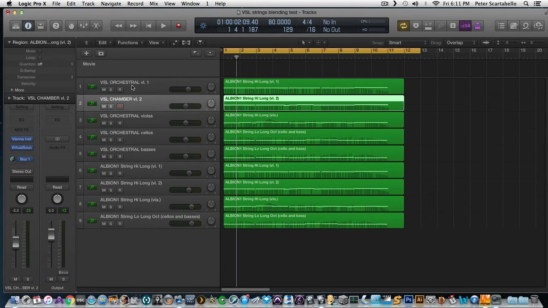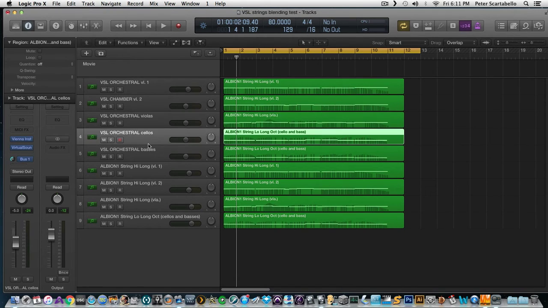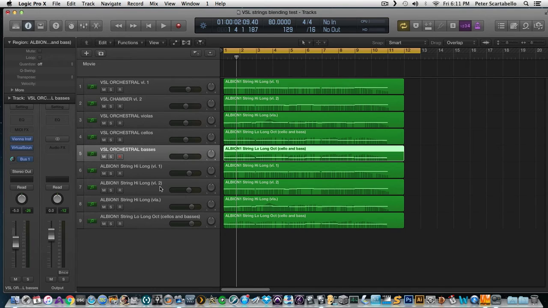So we have the orchestral one is 14 players, so this is a lot smaller, but I wanted that differentiation between the first and second violins. And then I just use the orchestral violas, cellos, and basses. For the Albion, I use the octaves for the cello and bass, so that's why there's only one track for that. Okay, so now here's where the tricks come in